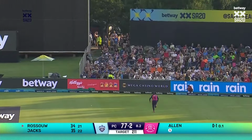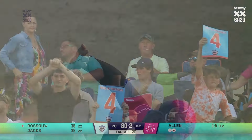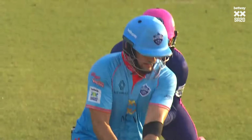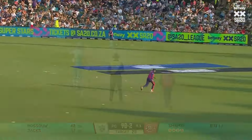Innovation. Really shrewd from Rilee Rossouw, showing that he's got the power in the power play, but also the touch. It's positive, but it's finesse, isn't it? That's the key, where he's trying to pick up the boundary. There's a little bit of width, and he gets into position, he gets his foot well outside the off stump, can't be trapped in front, and then guides it away. Yeah, but it's very clever batting, because...